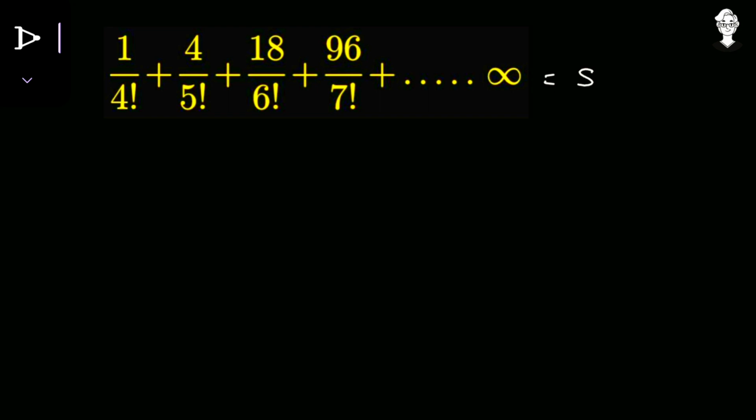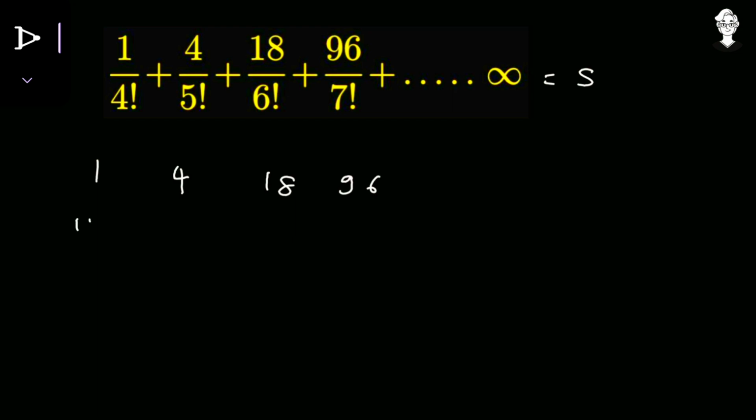Okay. Now what we will do is find the pattern present in the LHS part. So in the numerator we can see that the first term is 1, the second numerator is 4, the third numerator is 18, the next is 96. So what can you say about the next numerator? For that we need the pattern present over there. So the pattern present is like this.